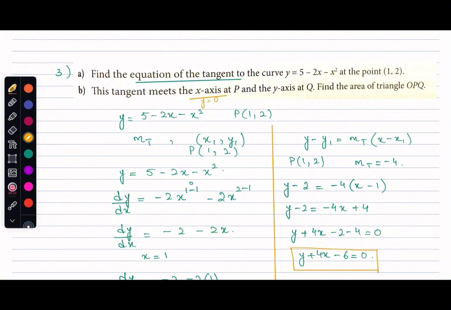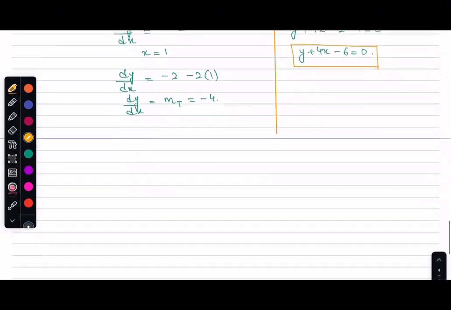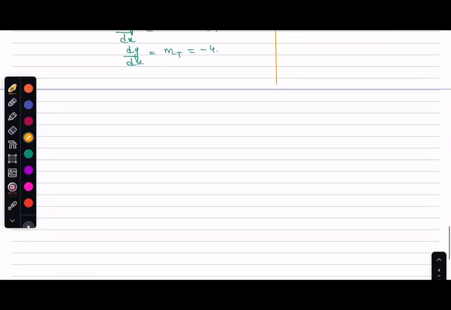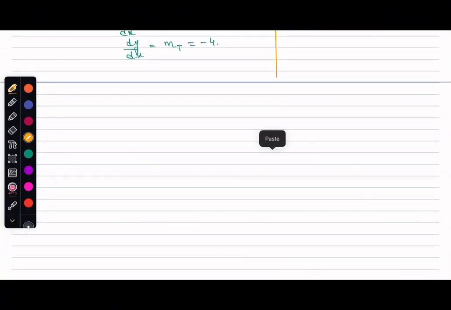So this tangent here, which has the equation y plus 4x minus 6 equals 0, meets the x-axis at P, where my y is 0, and then it meets the y-axis at Q. So meeting the y-axis at Q means that on the y-axis, my x-coordinate needs to be 0. So this tangent is crossing the x-axis at P, and it's crossing the y-axis at Q. If I just have a sketch of this tangent, then I can see here that my equation of tangent